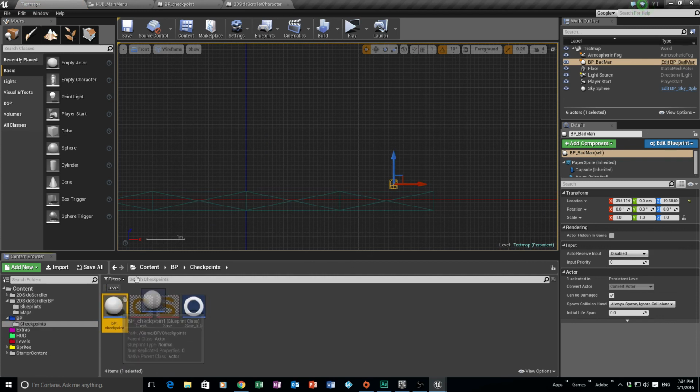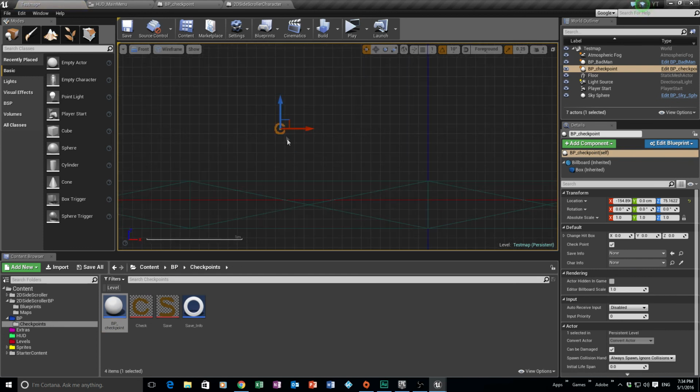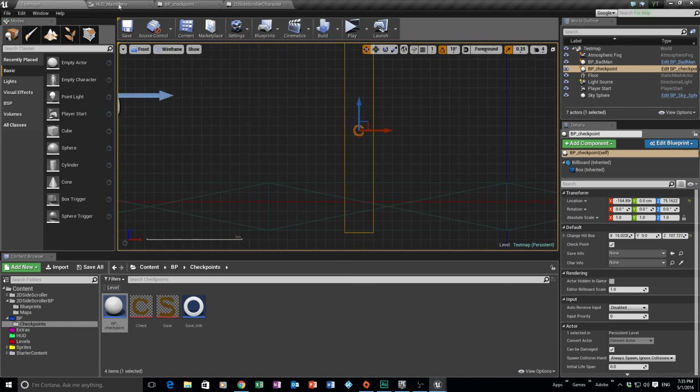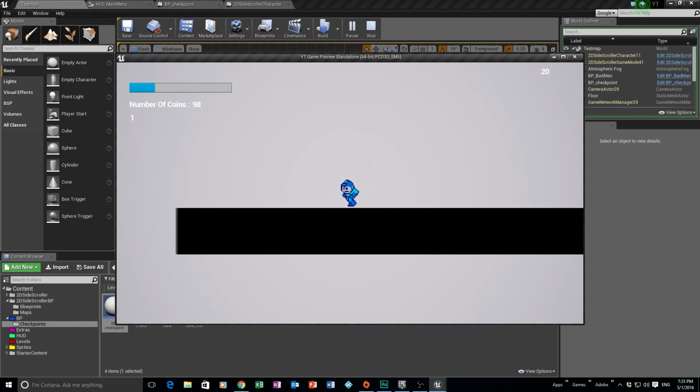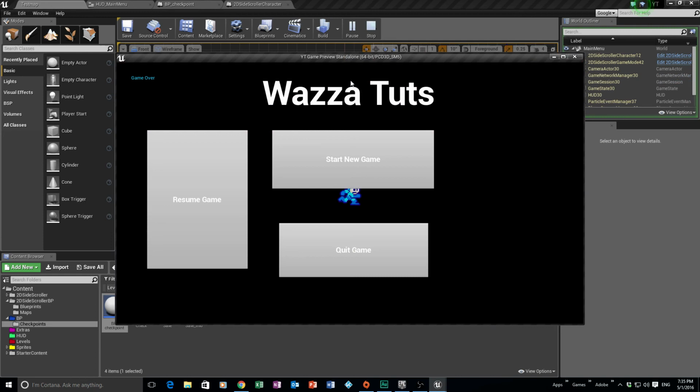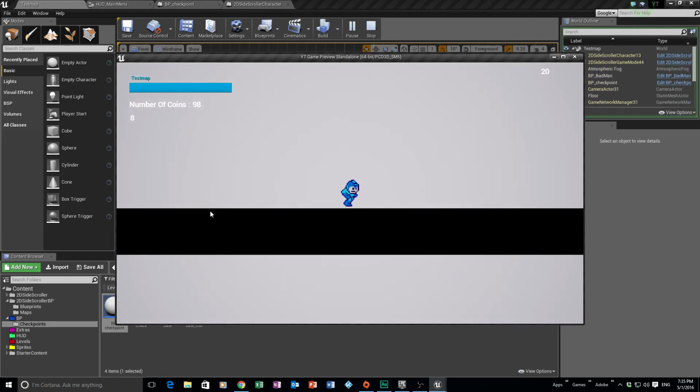And let's put in our checkpoint system just so we can load back into the level if needs be. Remember, we need to change the hitbox size to, let's just make that big, and that big will do for now, just so we hit that trigger. Save and play. So let's see if I run through the checkpoint, you can see it says test map. And now the bad guy will kill me. And if I say resume game, that should take me into the test map, all leveled up and ready to go. If I try and kill the guy,